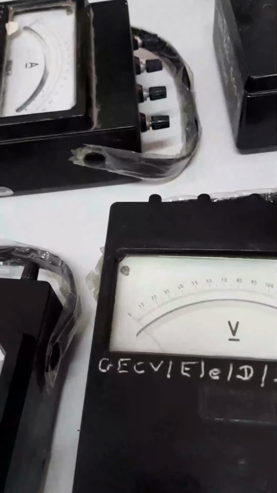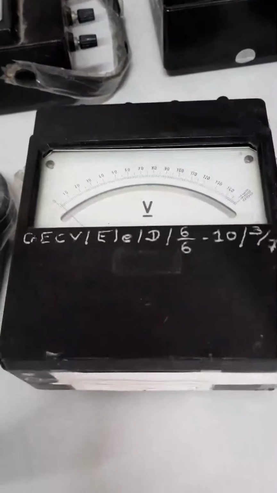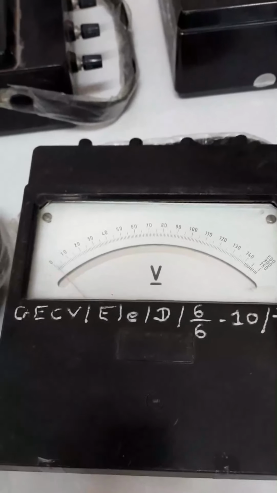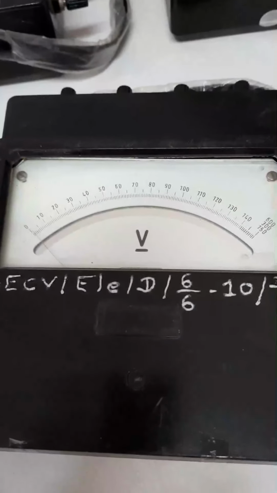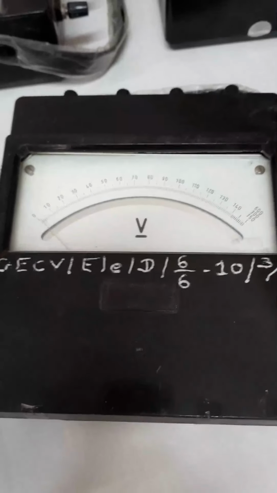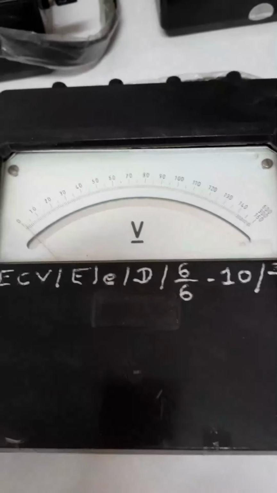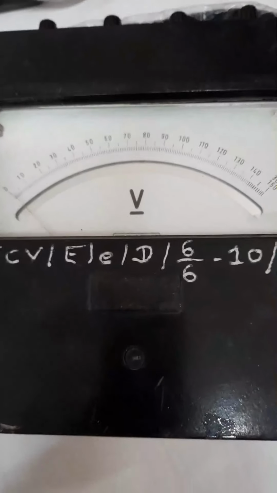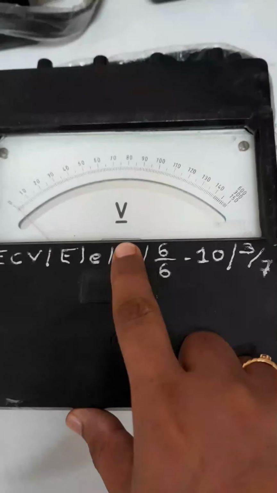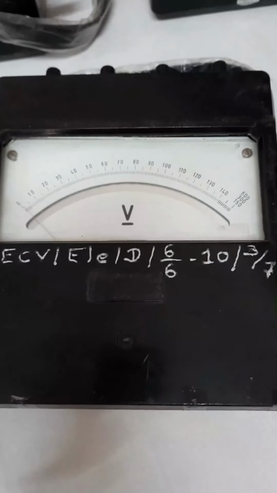Okay, so as we know, to perform an experiment in the laboratory, we require to measure the voltage and current. So to measure the voltage, we have a voltmeter. That is also available in AC and DC. Normally in this lab we are performing the practical experiments on the DC supply. So for that we require the DC voltmeter. Here you can see that below the V, one straight line is there, so that indicates it is a DC voltmeter.